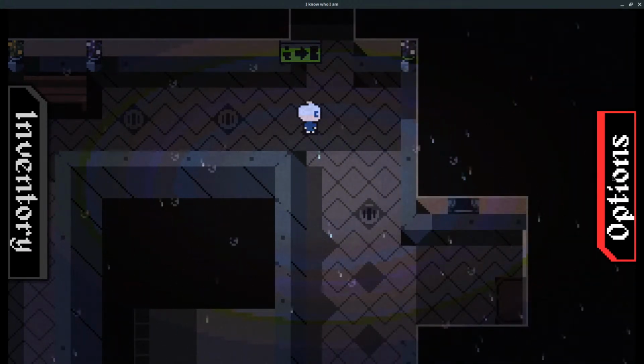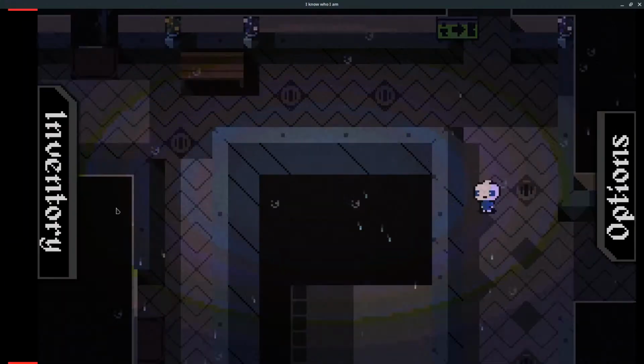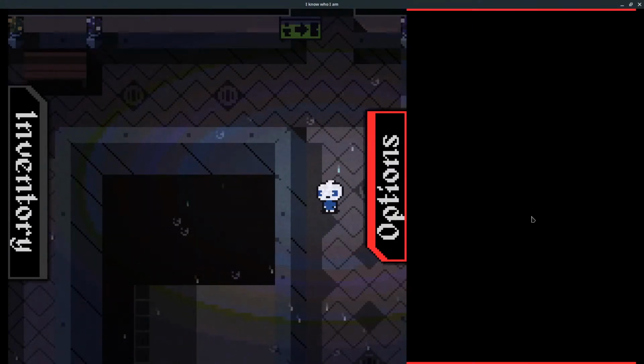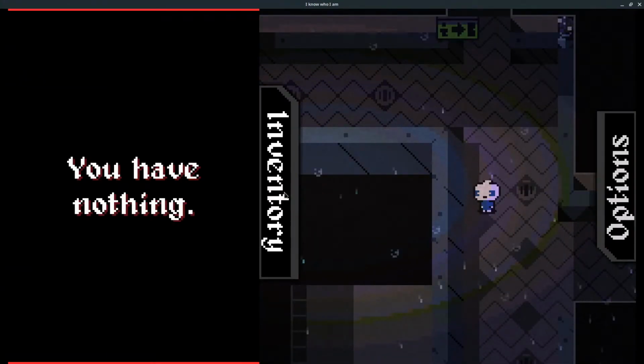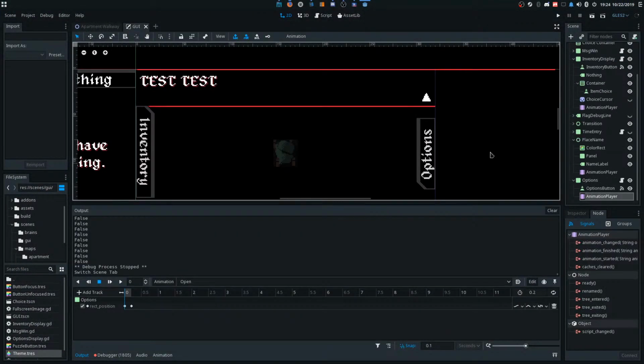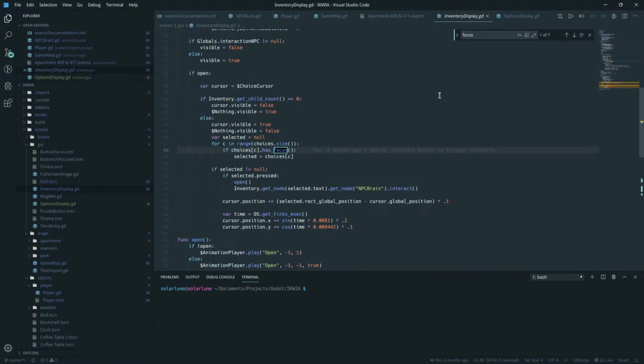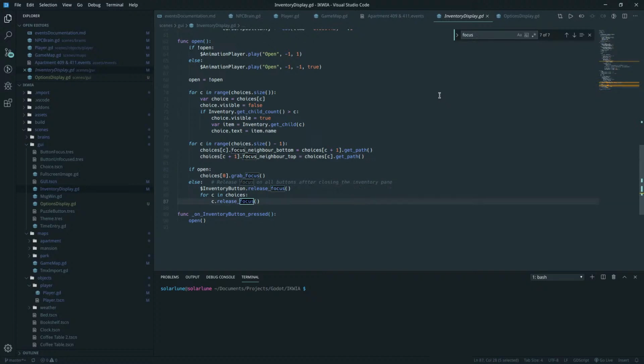Okay, so this is kind of working. The focus stays on though. Do I do something about that in inventory display? I do, okay.